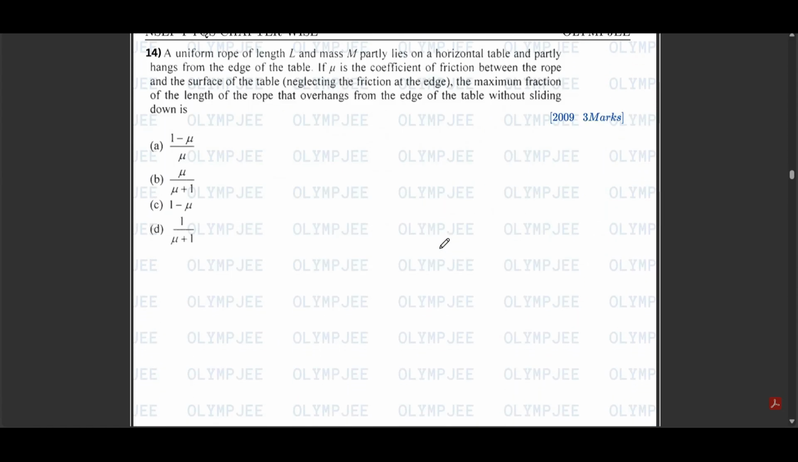So let us move on to the 14th question, which says that a uniform rope of length L and mass M partially lies on a horizontal table and partly hangs from the edge of the table. If mu is the coefficient of friction between rope and the surface of the table, the maximum fraction of length that overhangs from the edge of the table without sliding down is. So assume that some part of the rope is hanging and the other part is on the table, and the total length is L. So if I assume this as A, this will be L minus A,